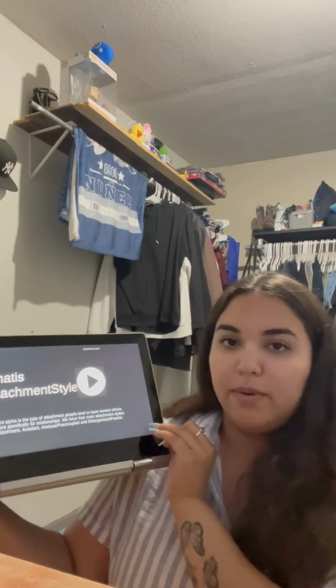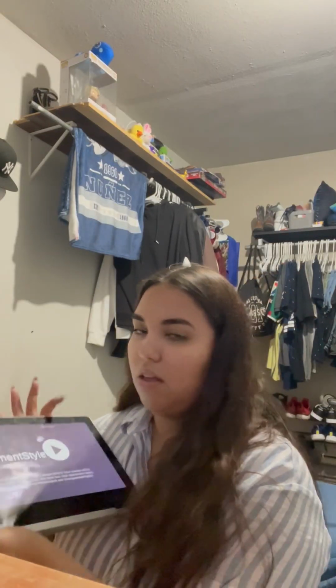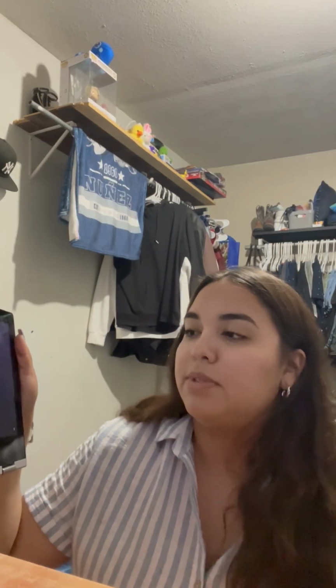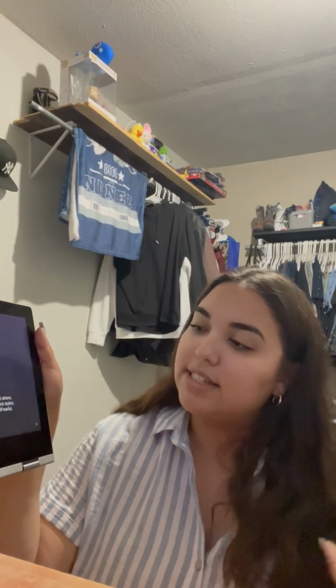Attachment style is the type of attachment people tend to have towards others. This is more specifically for relationships. We have 4 main attachment styles: secure, avoidant, anxious and preoccupied, and lastly, disorganized and fearful.